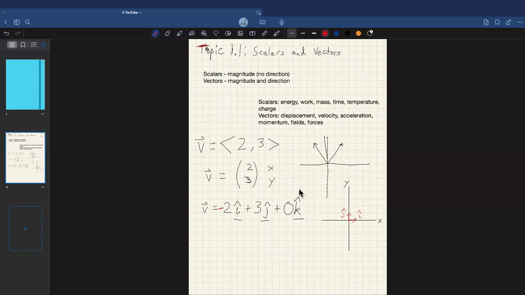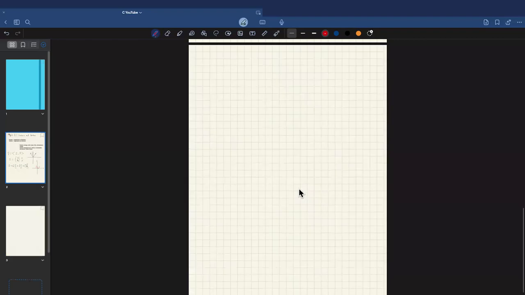But it is actually kind of a nice notation because that i hat, that j hat, and that k hat are all just constants then. So let's see how this actually works with vector addition. I'm going to go ahead and add a new page, and let's take a look at an example. Right, so I have 2 vectors,